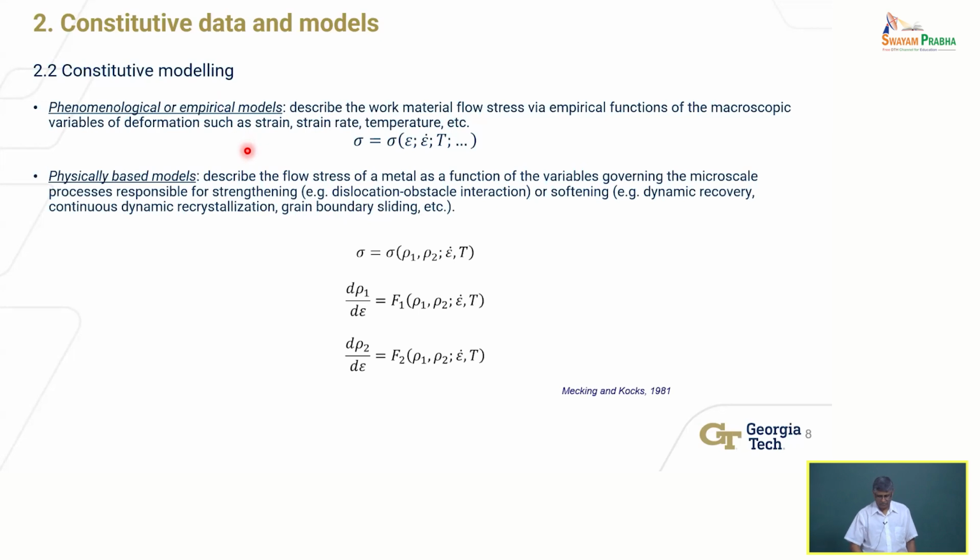So I have to be able to describe the strength of the material. Sigma here is the strength of the material as a function of strain rate, and temperature, and perhaps other things, maybe even first order derivatives of these quantities in general, and second order and third order, but nobody does it. First order is all we can do, or we generally do, even in the most sophisticated models.